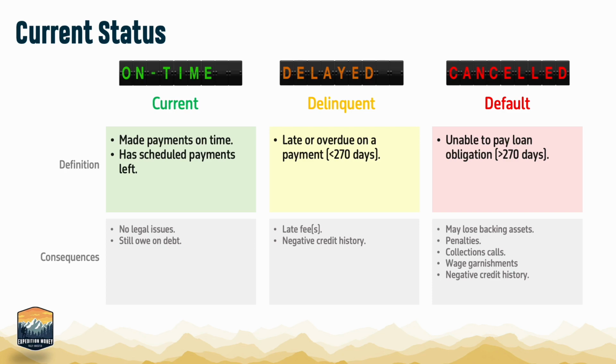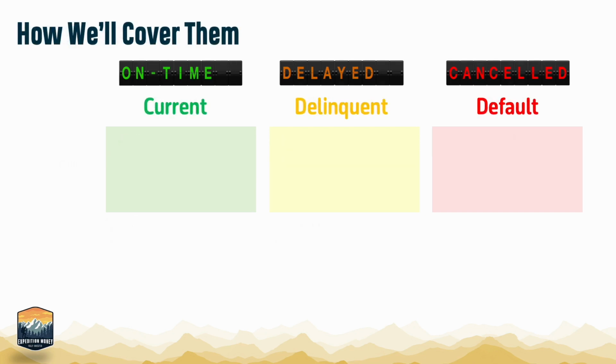There are probably fees and penalties, and you may be getting aggressive calls from collectors. They could also sue you and get a judgment that would allow them to garnish wages. On top of that, defaults have a severe impact on your credit history, potentially hurting your chances for getting approved for a new loan, or even things like being approved to rent an apartment. I wanted to cover these stages because it's important to understand how we'll be covering each of these topics today.